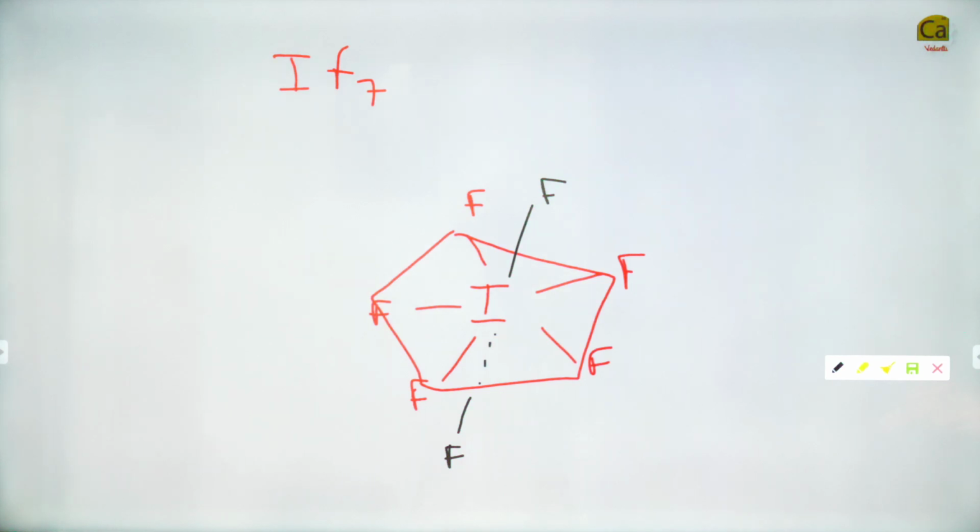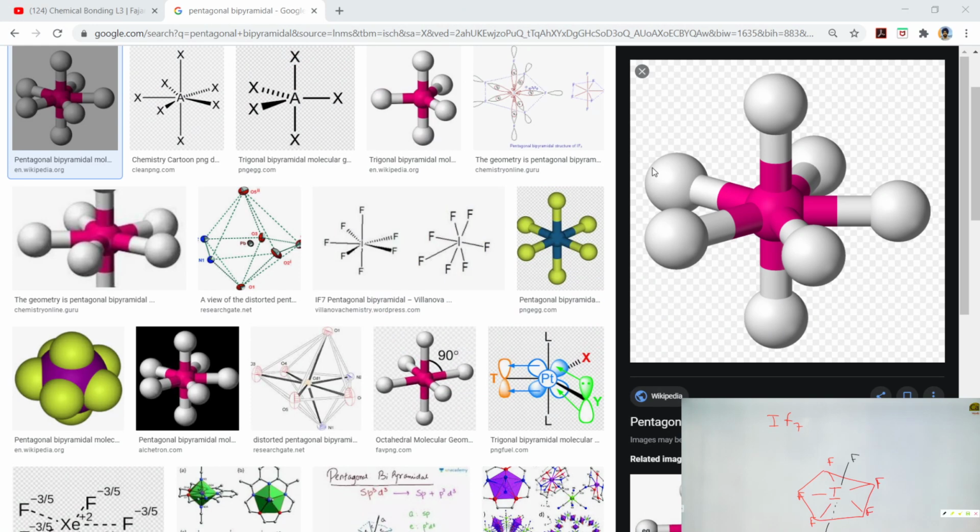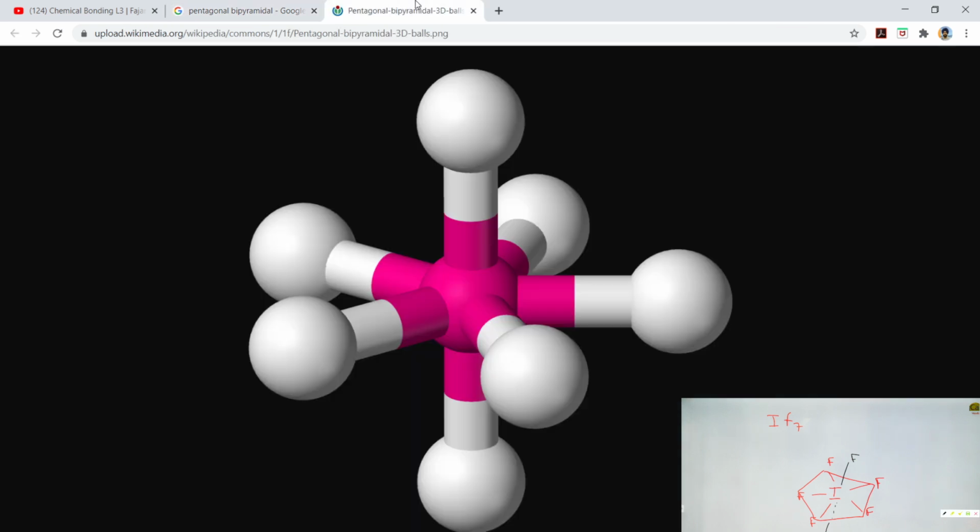Okay, so I have opened it on Google. Can you see this shape? Is this visible? So this is your pentagonal bipyramidal shape. I'm pretty sure this is now easy to see. It must be visible to everyone, right? So this is a pentagonal bipyramidal. As you can see, 1, 2, 3, 4 and 5 on the base and 2 protrusions from it.